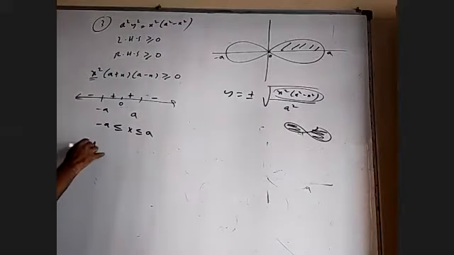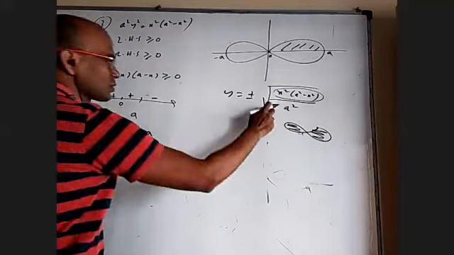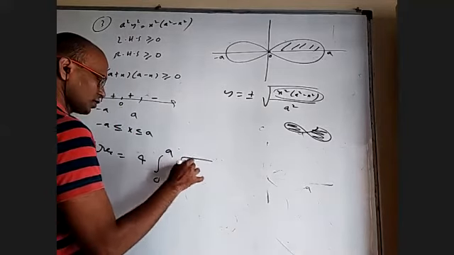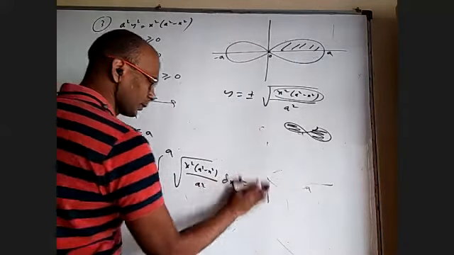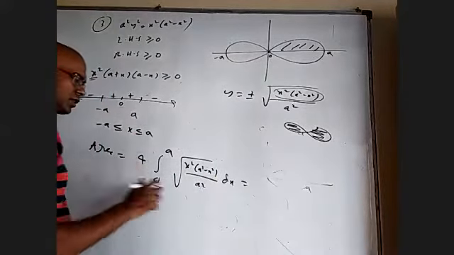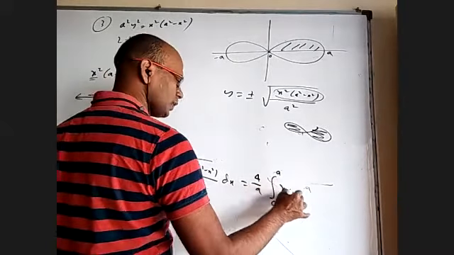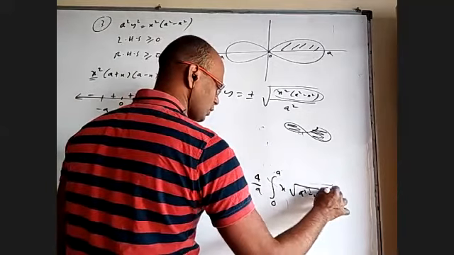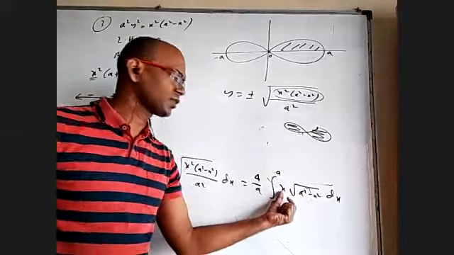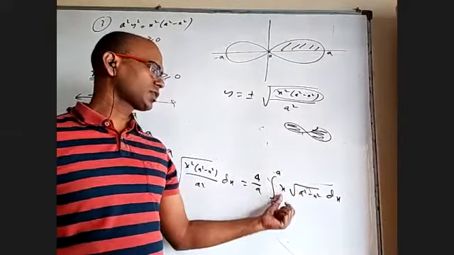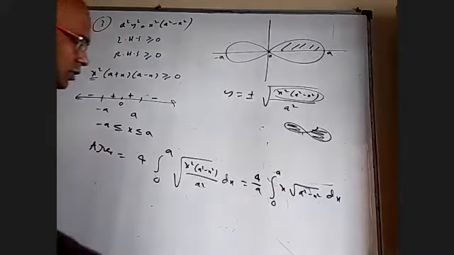So now area is equal to 4 times integral 0 to a. My curve is this, root over x squared into a squared minus x squared by a squared dx. This a I can take out, this x you can take out. So 4 by a, x not outside, just outside the root, x root a squared minus x squared dx. This integral is quite easy because for whatever is inside the root, the derivative is available outside. I may have to multiply with minus 2 and divide with minus 2 at best.